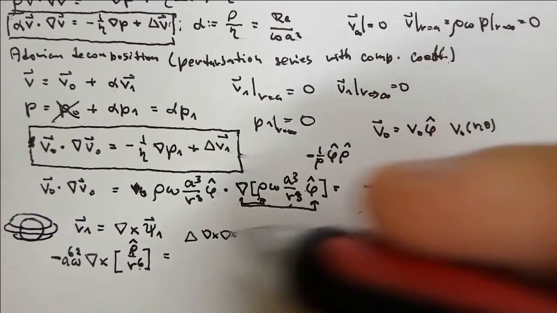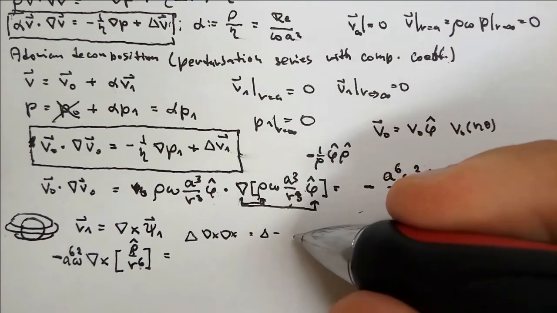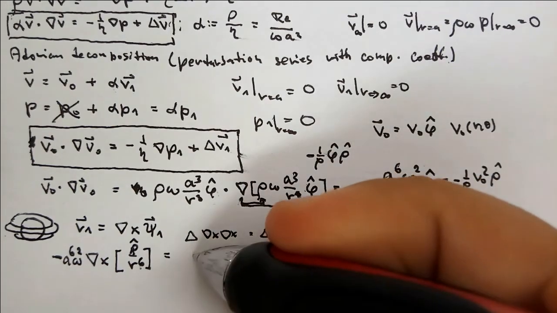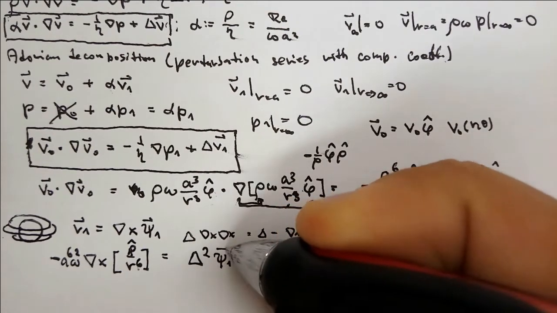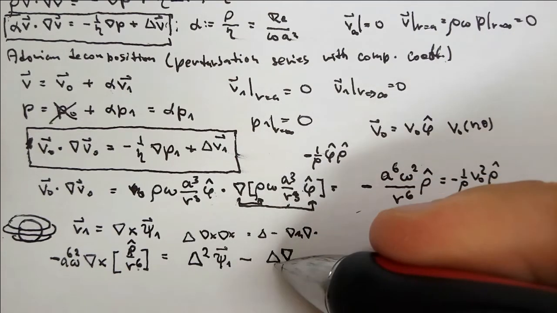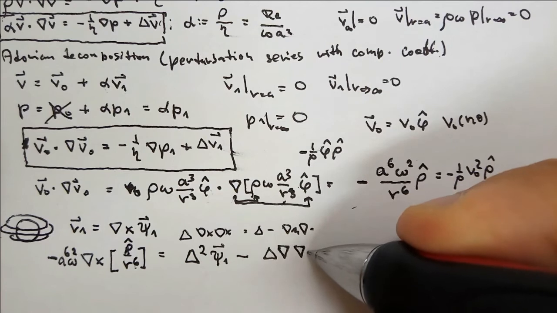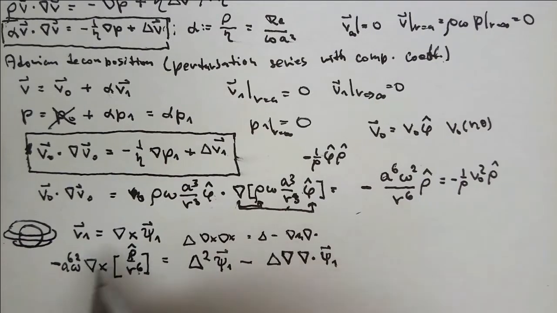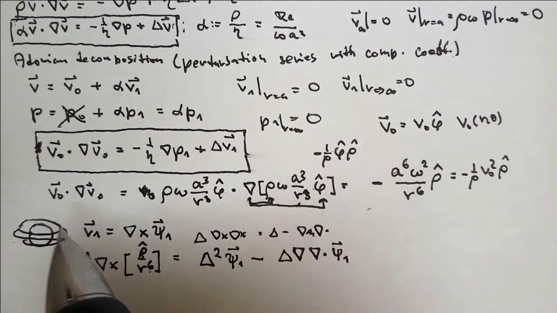and the curl, as you know, is Laplacian minus gradient of divergence. So this is going to be Laplacian squared of psi 1 vector minus Laplacian of gradient of divergence of psi 1. This is the equation we will be solving, but let us first assume that the correction I've mentioned here